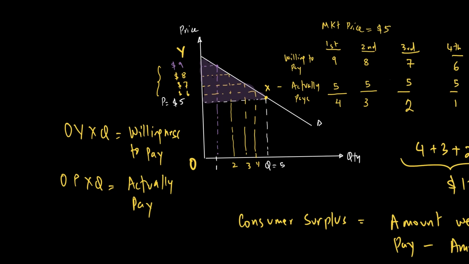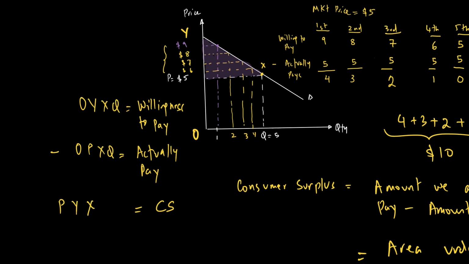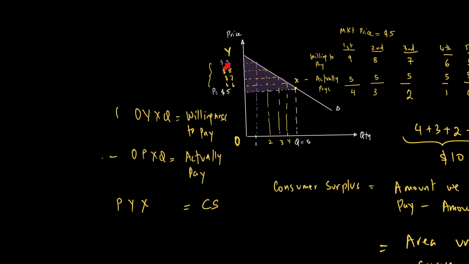And that's why OYXQ minus OPXQ is what my total consumer surplus will look like, which is going to be PYX. So my consumer surplus, therefore, is my well-being as a consumer, and it's where I am actually better off because what I'm willing to pay is more than what I actually pay, and that turns out to be a benefit for the consumer,